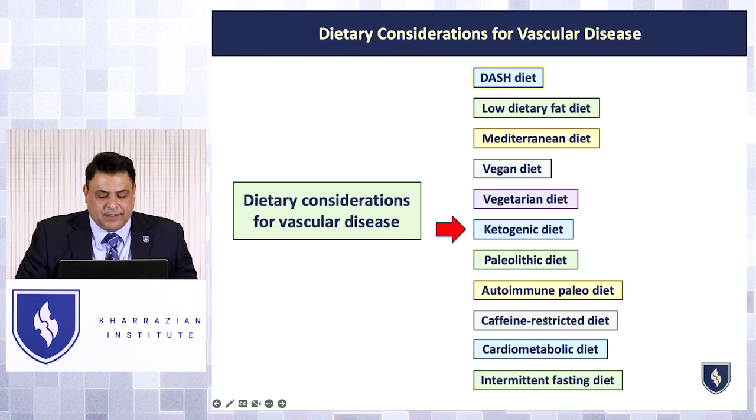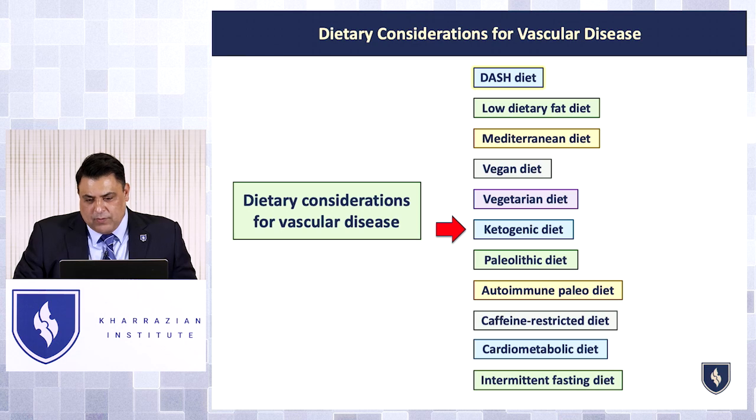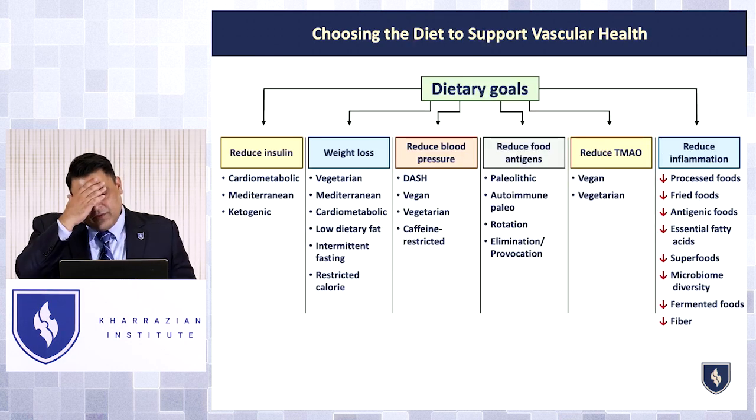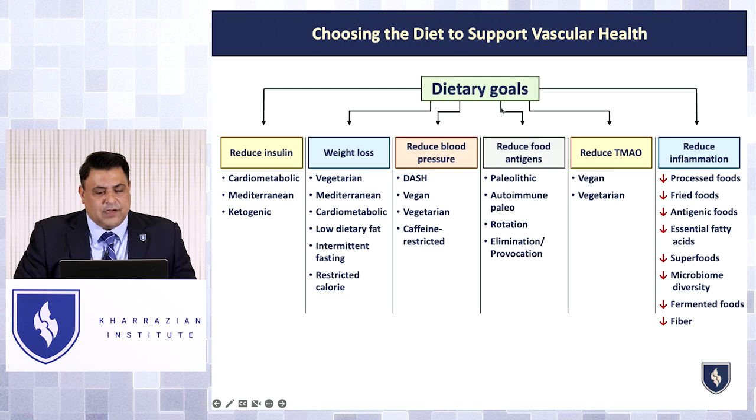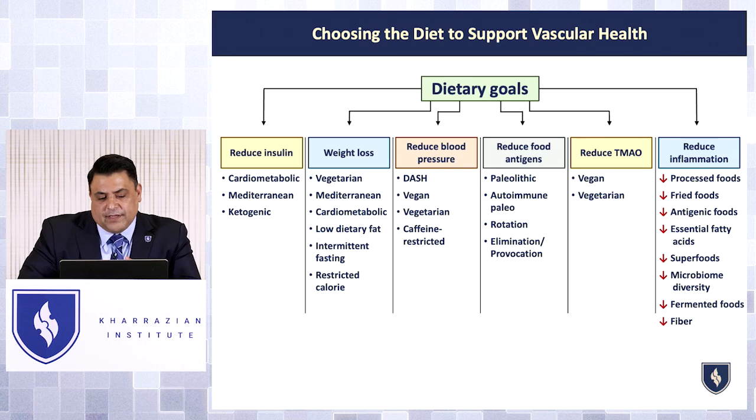Right. Some people have to do a caffeine-restricted diet. Their blood pressure goes up like crazy because they're high metabolizers genetically. So the way we went through it in the cardiovascular course, which I want to share with you here, is it really depends on what your dietary goals are when you're trying to choose a diet. And when you're choosing a diet, not based on caloric intake but based on the patient's physiology and what kind of conditions they have, you want to really think about what your goals are, okay?